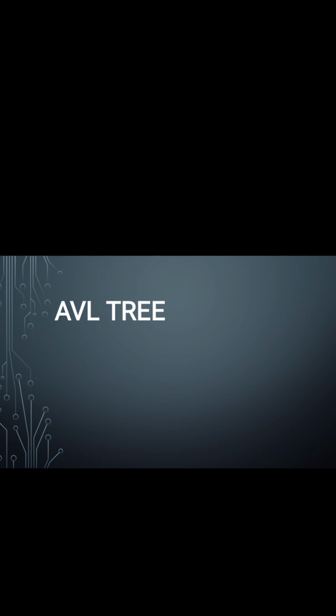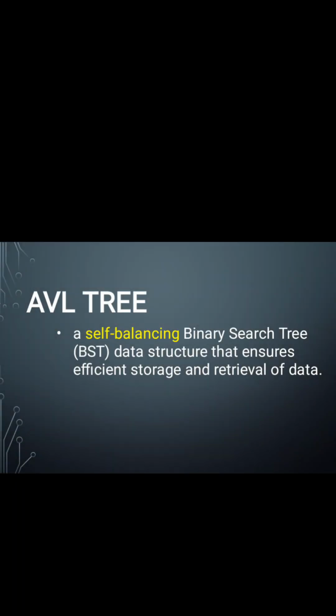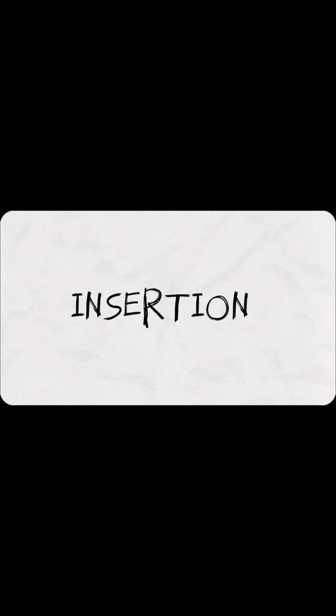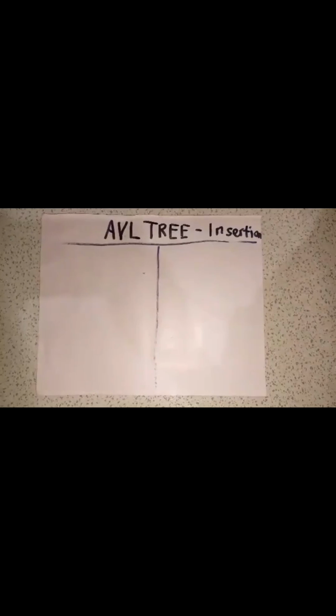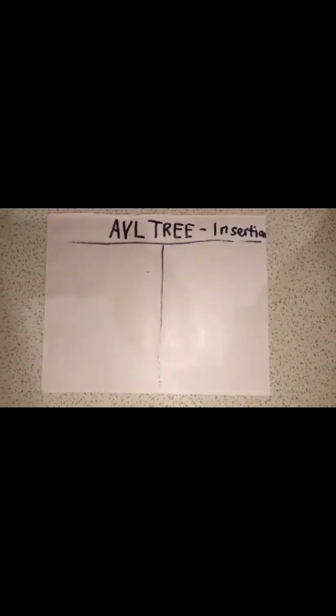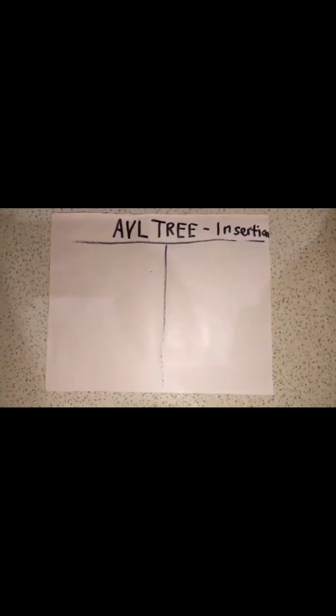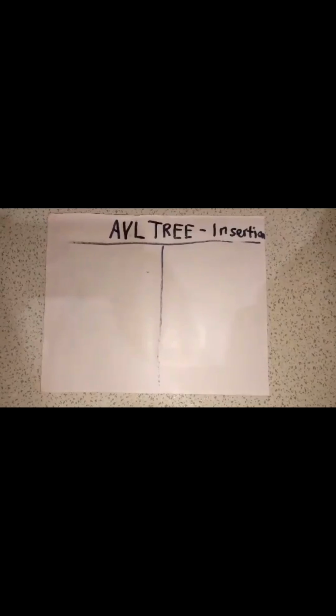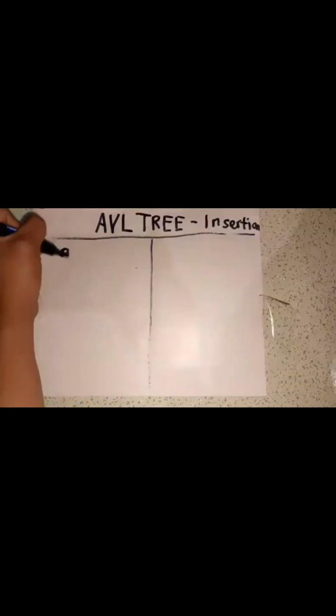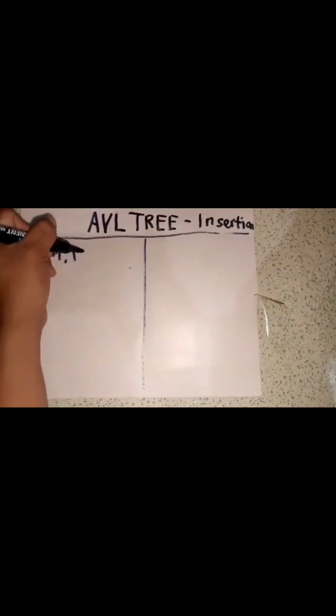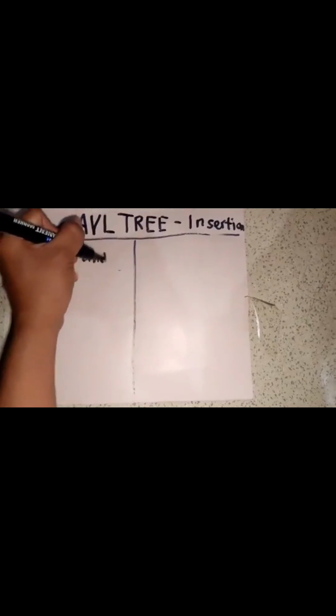AVL tree, a self-balancing binary search tree or BST data structure that ensures efficient storage and retrieval of data. In this video, we will take a look at inserting elements into an AVL tree. So let's take an example. Let's say that we need to insert the elements 9, 15, and 20